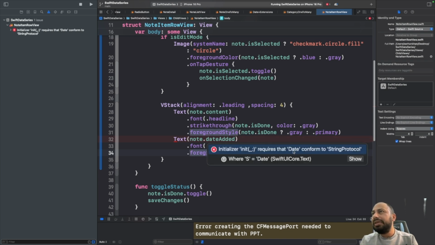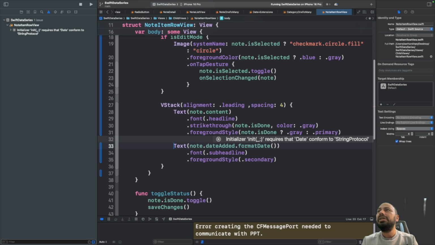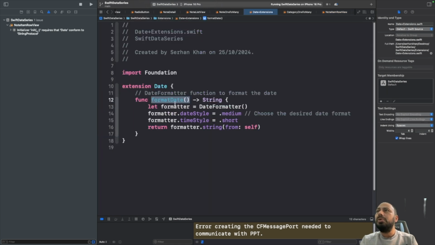So this one is date, so we will need a text string, and we can use the extension method that we created in the previous episodes. Okay,